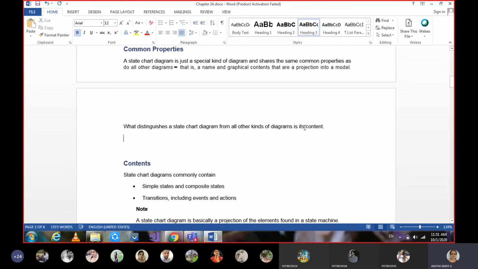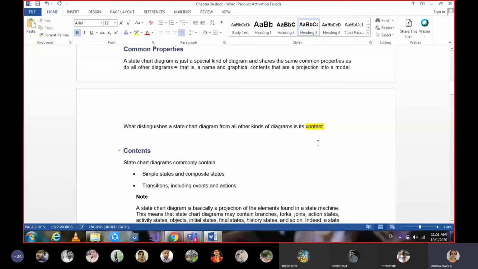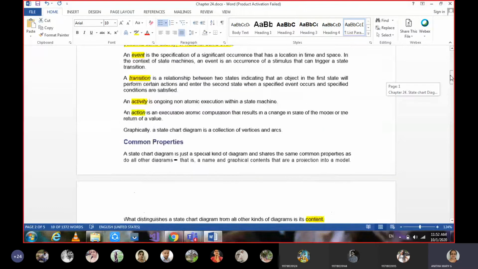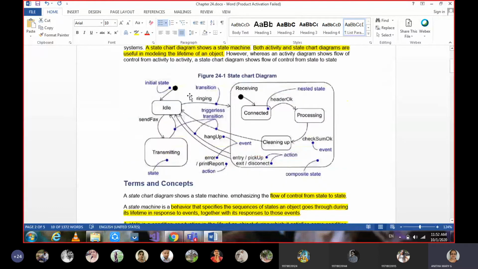It is distinguished from other diagrams by its content. By seeing its content, what you are able to visualize in the diagram, you can differentiate it. So what are the contents? As we have just seen in the state chart diagram, what are all the things you can see in this diagram? We have